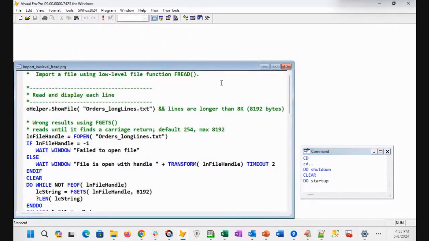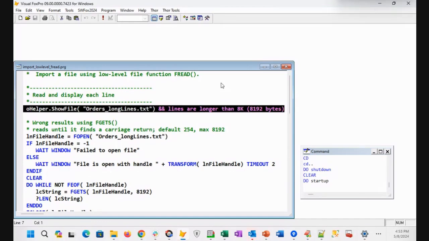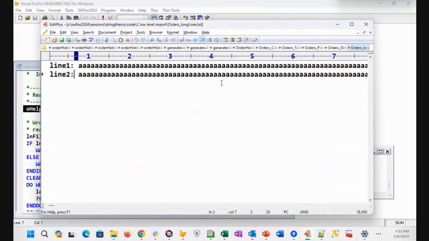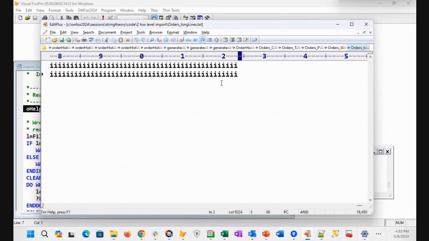Using fread is a little different. You would use this especially if you have data that's longer than 8,192 bytes, because that's the max for fgetS. So I've created a file that has something over 9,000 bytes on each line. It looks like this. If I jump over to the far right, we're at column